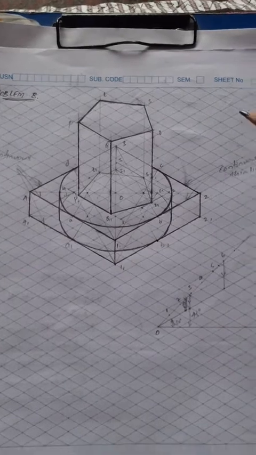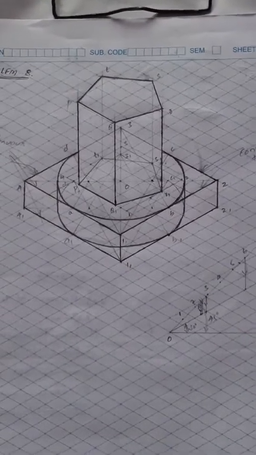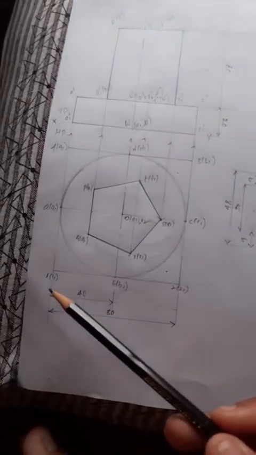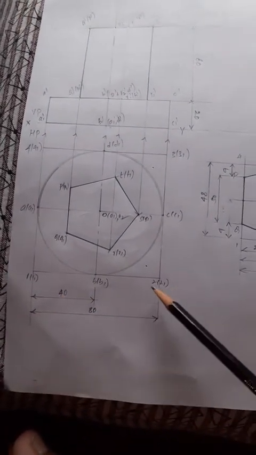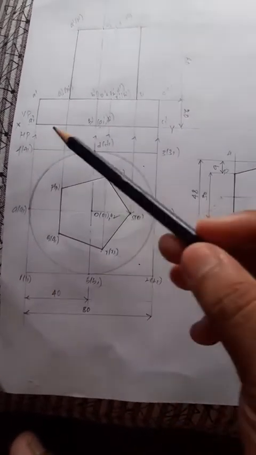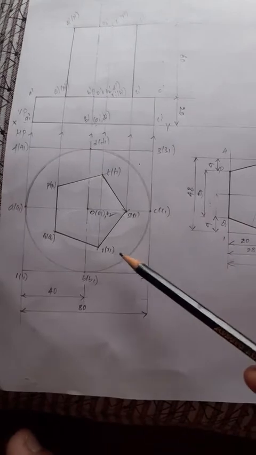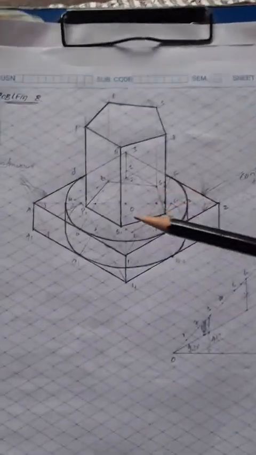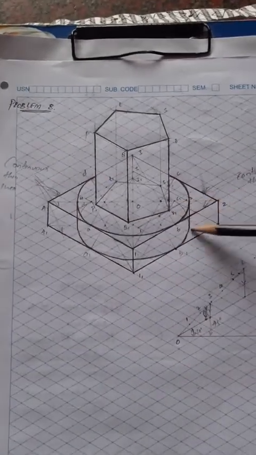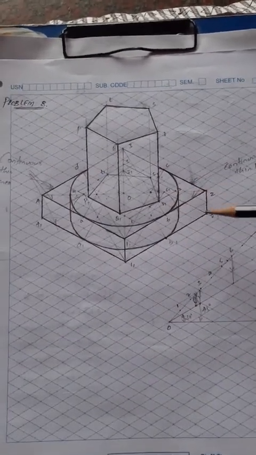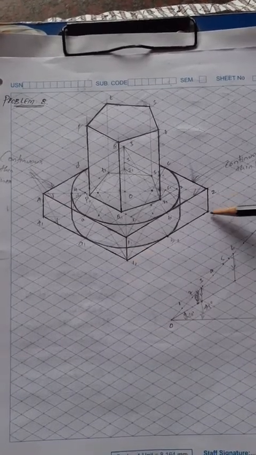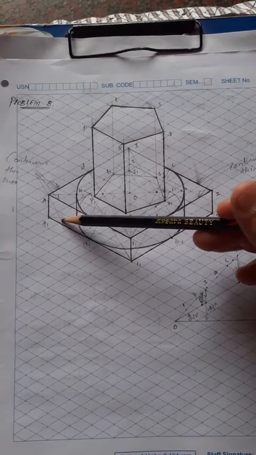Now this is the isometric projection of the combination of solids. First you transfer this square box: 1 suffix 1, 2 suffix 1, 3 suffix 1, and 4 suffix 1, and also 1, 2, 3, 4. The square block of the cylindrical block in top view. Now transfer this. Actually these are continuous thin lines. Make a correction here, as I made a continuous thick line.